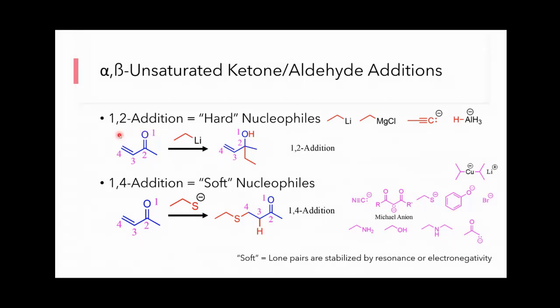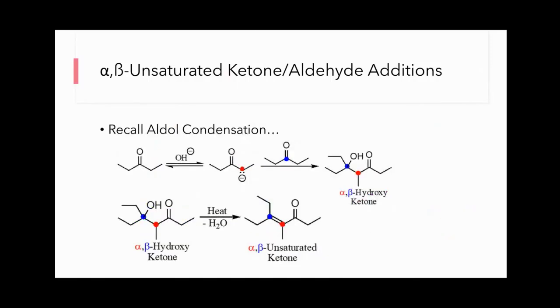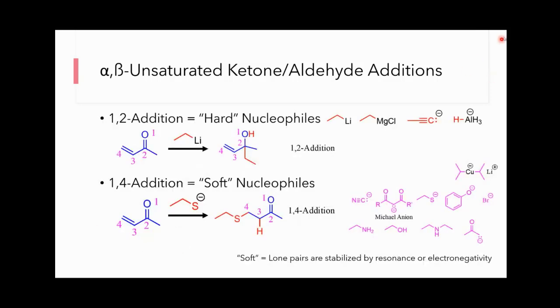If you have a molecule that looks like this, this is the product of an aldol condensation. After you do an aldol condensation, you're left with this product where you have a carbonyl next to an alpha beta alkene. When you have that, you can actually react it